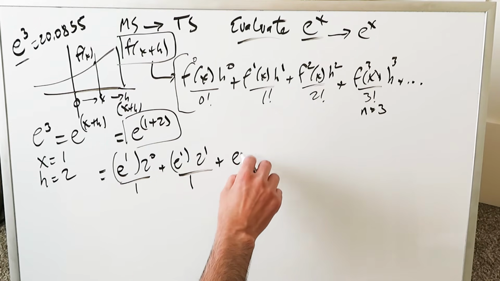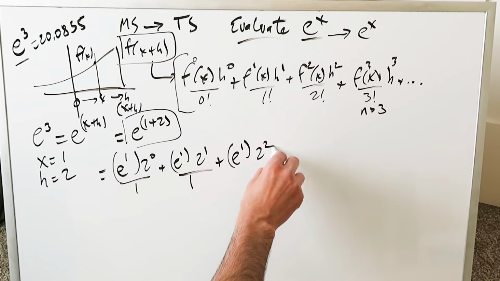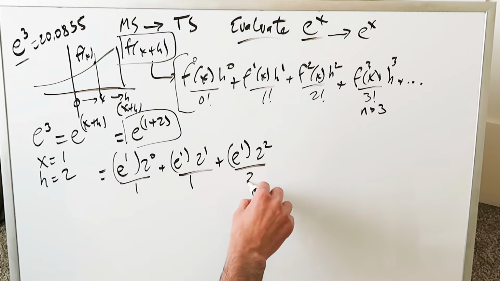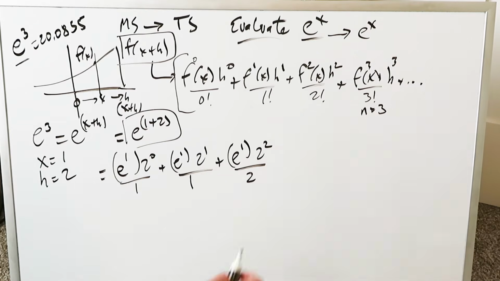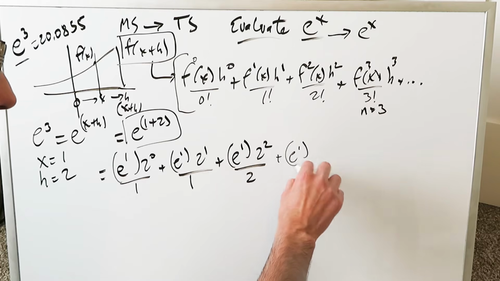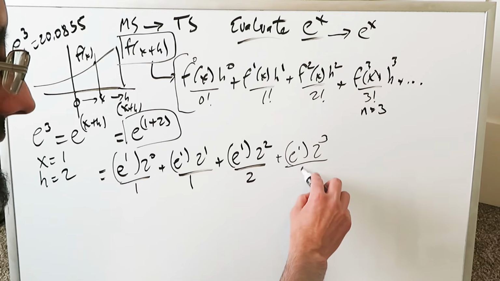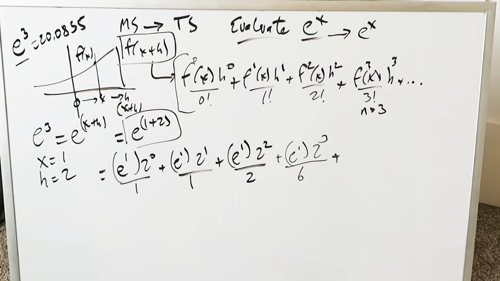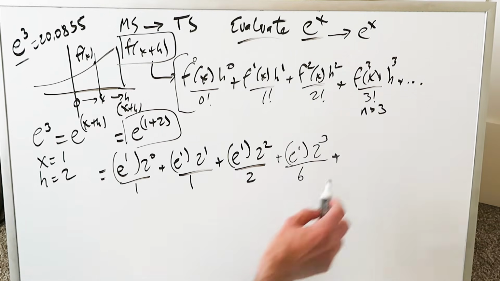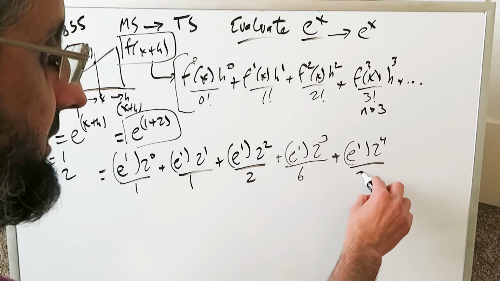My next item is here e to the 1, which is my n equals 2 step. I'll have 2 to the power of 2 divided by 2 factorial, and I'll put 2. I won't put factorials here anymore. I'll actually put the actual number over here. Here it'll be e to the 1, then it'll be 2 cubed. I'm here at this step, divided by 3 factorial, 6. But remember I said I want to go up to n equal to maybe 6. Let's do that. e to the 1, then I'll have 2 to the power of 4 divided by 4 factorial,